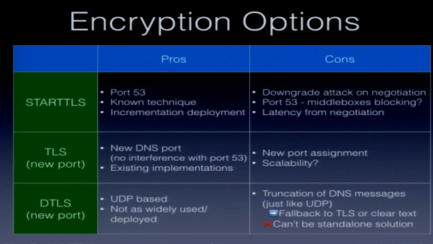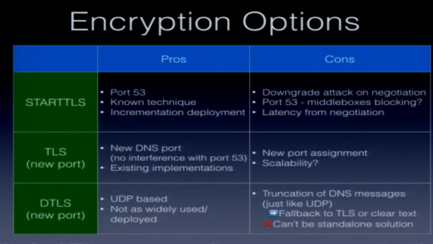That was all nice. On the downside, though, obviously the negotiation can be susceptible to a downgrade attack. That negotiation can also introduce latency, an L word that DNS folks really don't like. And there was also a sort of big question mark about, hang on, there's all these routers that get DNS traffic on port 53. Are they suddenly going to freak out if they start seeing encrypted traffic and just block it? Are we going to have real deployment problems here? It was an unknown. So discussion moved on to looking at doing TLS or DTLS over a brand new port, if we could get one.